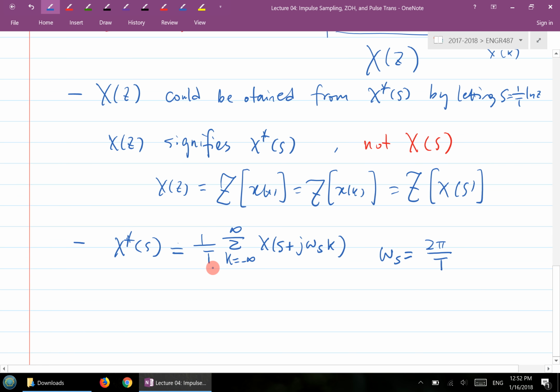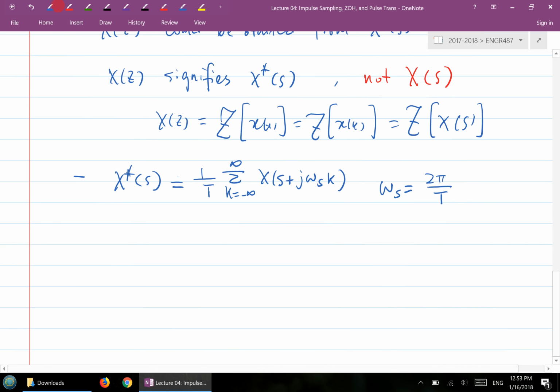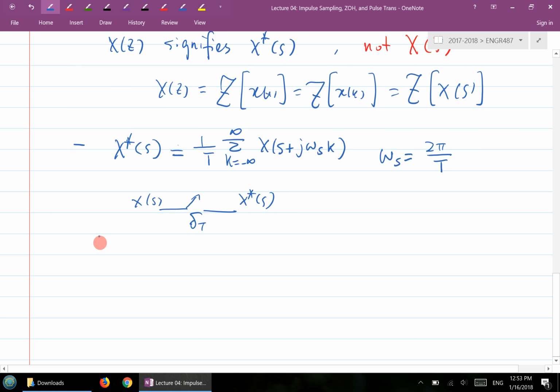So this is actually a fairly important expression. It explains a very important phenomenon. If you recall, this is what happens here. This is the process. So if I start from the left side here,